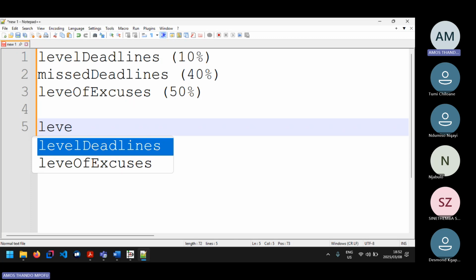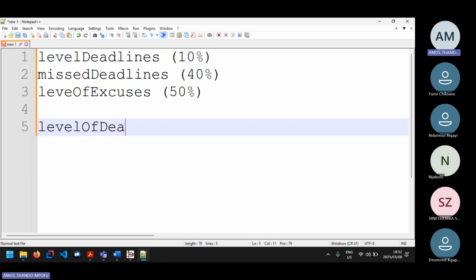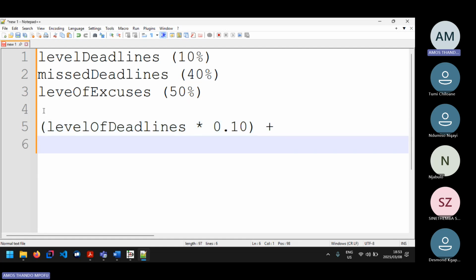So I'm going to name it level of deadlines, times 0.10. This will be 10%, basically 0.1. You can do that, or you can just say 10 over 100. That's up to you. So I'm just going to say 0.1, rounded off to 2 decimal places, plus